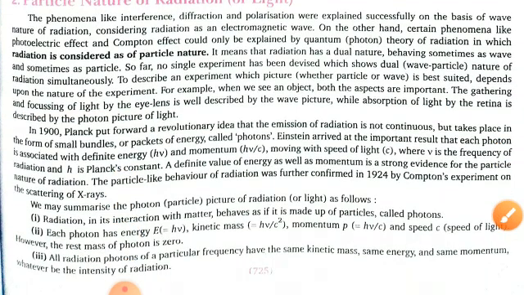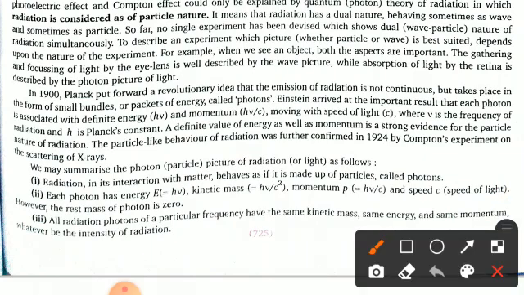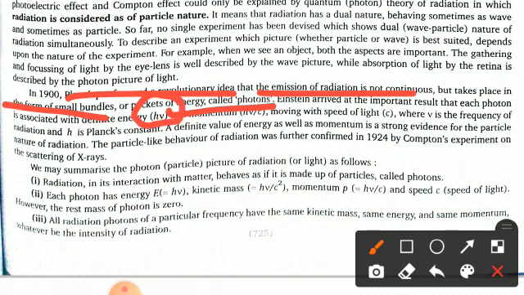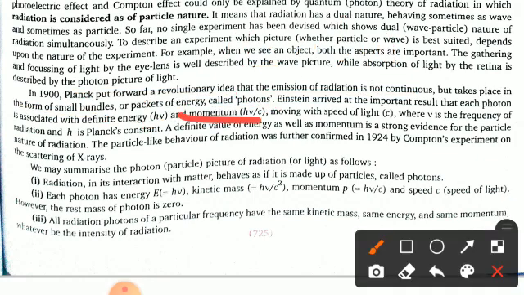Now come to here, you can see that in 1900 Planck put forward a revolutionary idea that the emission of radiation is not continuous but takes place in the form of small bundles or packets of energy, which we call photons. And Einstein arrived at an important result that each photon is associated with a definite amount of energy equal to h nu, that is E equals h nu. Clear? And momentum h nu by c,